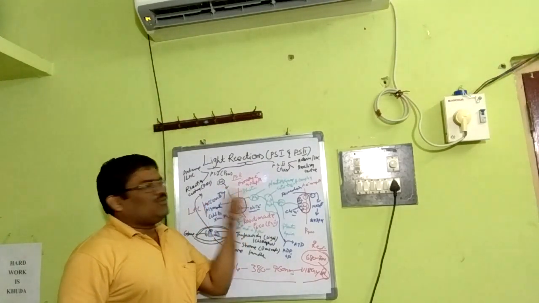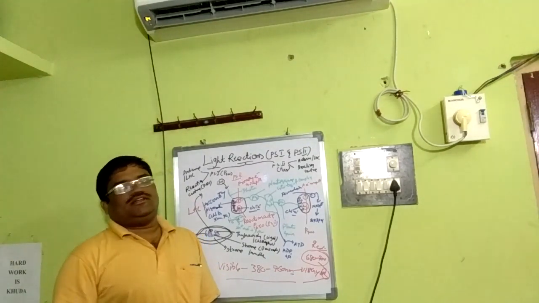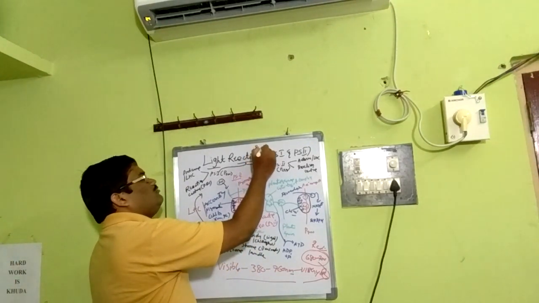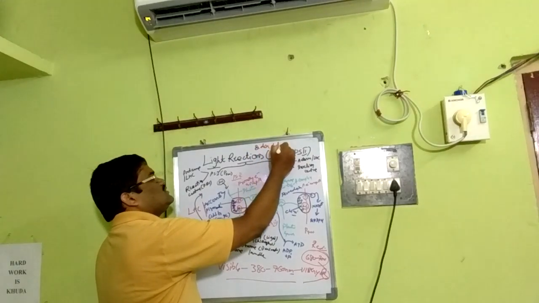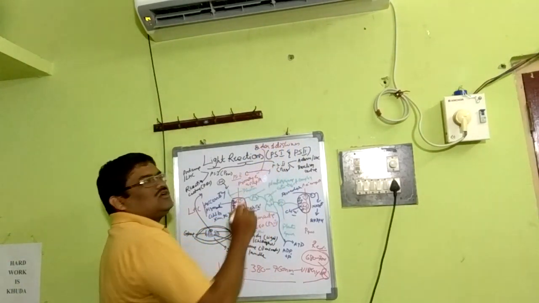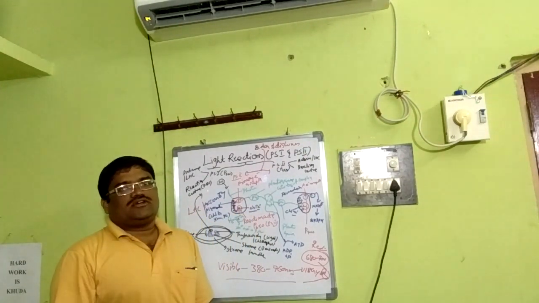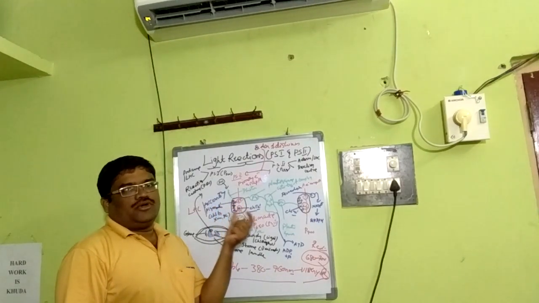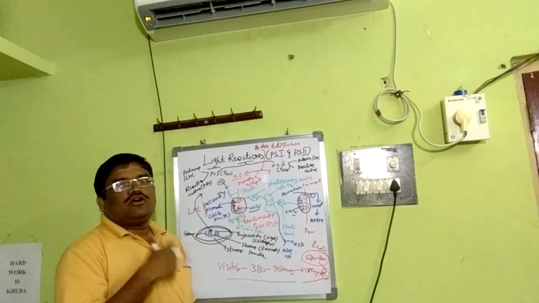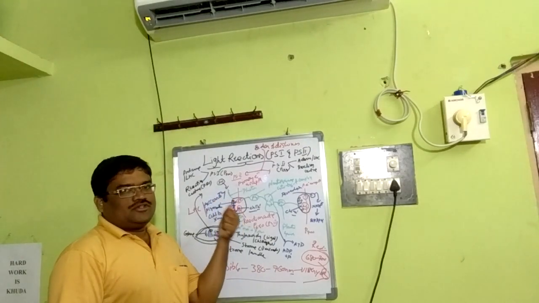With respect to photosystem 1 and photosystem 2, the numbering is the order of discovery. It's not the sequence of the chemical reaction. It's about order of discovery. Here the photosystem 2 is the first component. With respect to non-cyclic, I will tell you what exactly non-cyclic and cyclic are. So the first component here is photosystem 2.